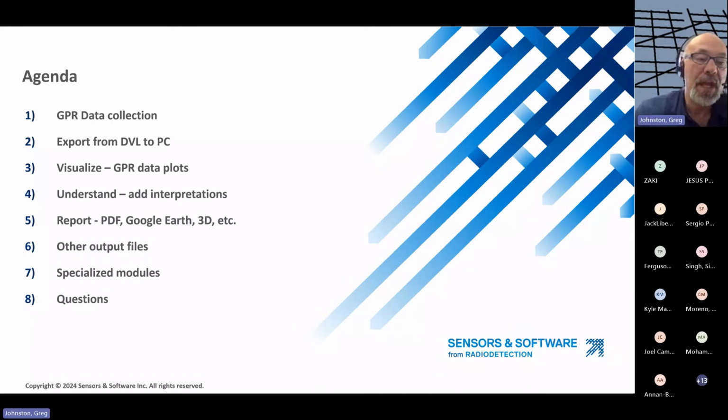The agenda for today: we're talking about software mainly, but it's software that is plotting data. So I want to start off talking a little bit about data collection, GPR data collection, and the various ways to do that. We'll talk very briefly about exporting the data from the data logger to a PC. And then we'll get into talking about Echo projects, specifically visualizing data, so plotting data in various ways,